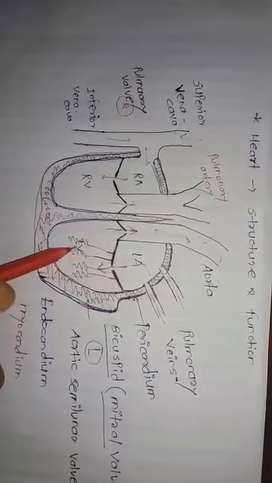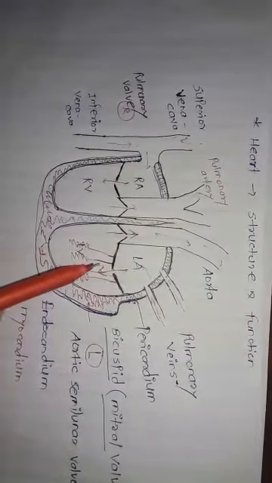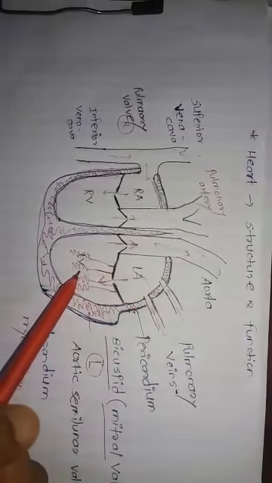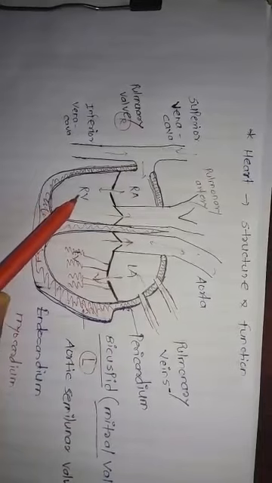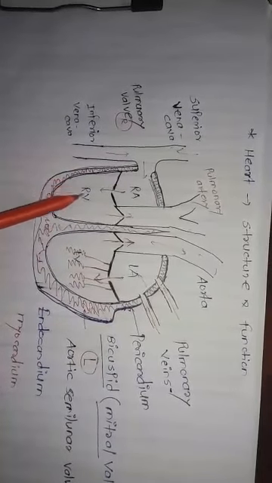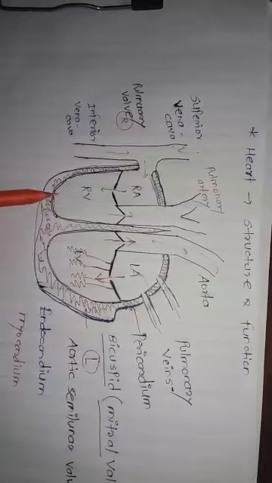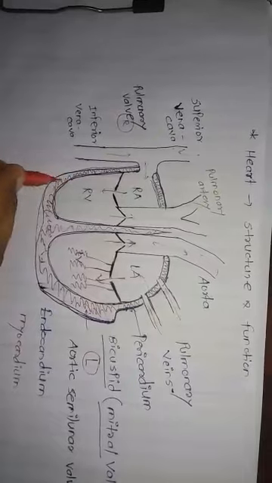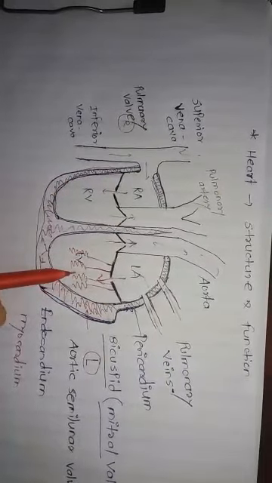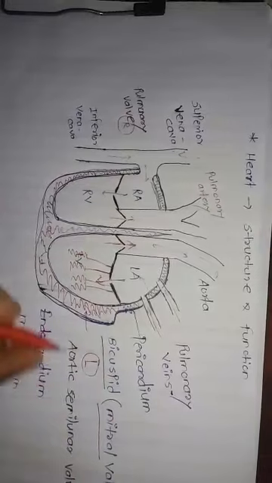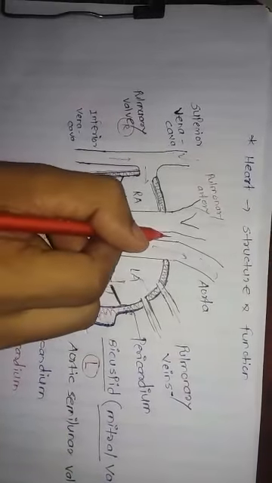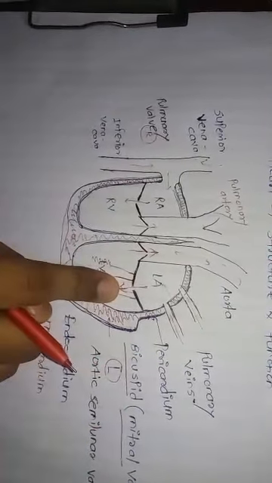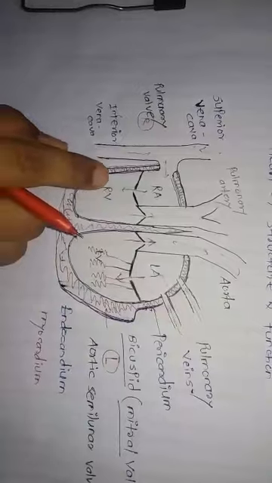And next, the left ventricle is also called the body pump, because from the left ventricle blood is ejected throughout the body. And the right ventricle is the pulmonary, or lung, pump, so it carries blood to the lungs. So the right part is the lung pump and the left part of the heart is the body pump, and in the middle we have a septum which divides the left part of the heart and the right part of the heart.